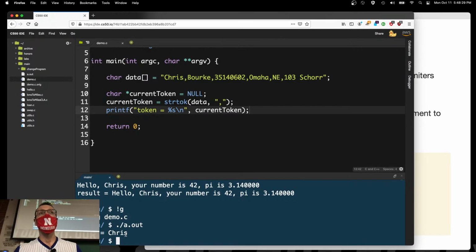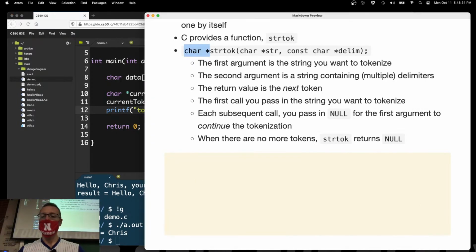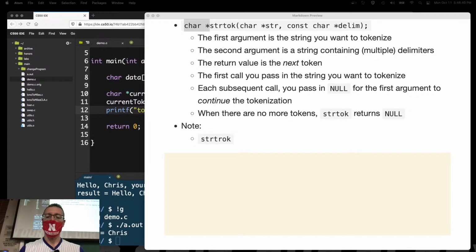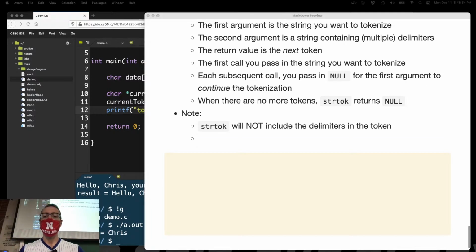It takes the delimiters out. So note, strtok will not include the delimiters in the token, which is a good thing. They're delimiters. They're not part of the data. They're separating the data. But as a consequence,